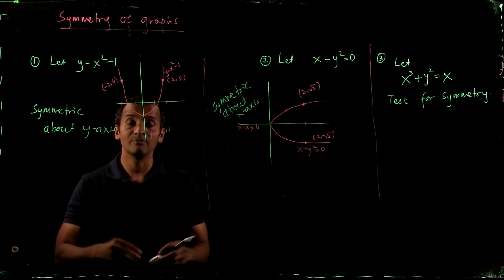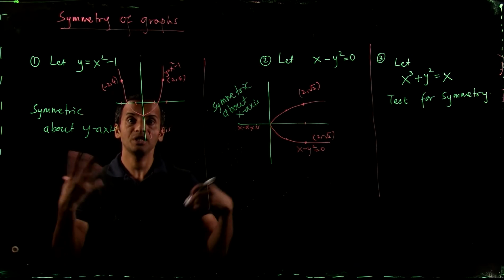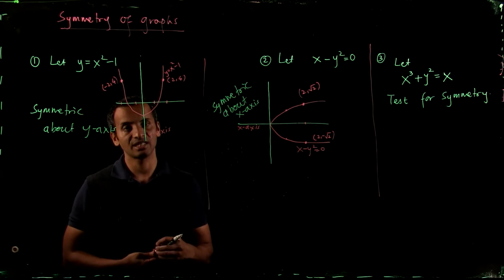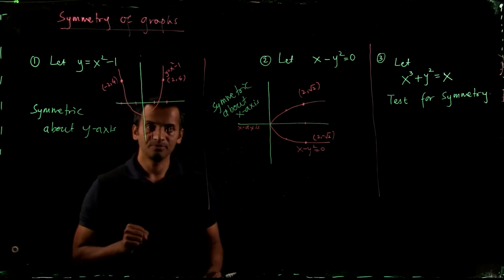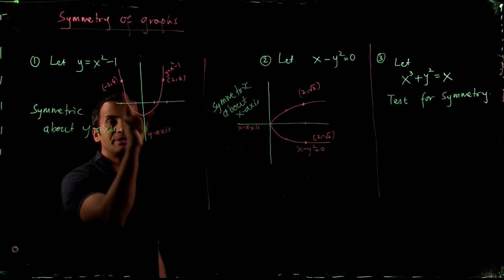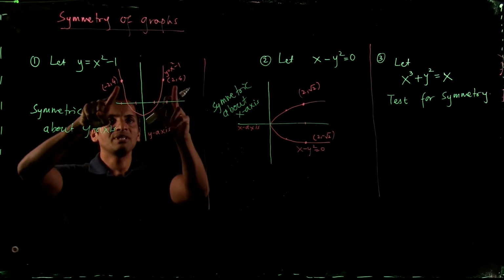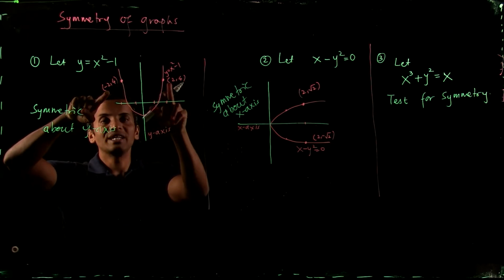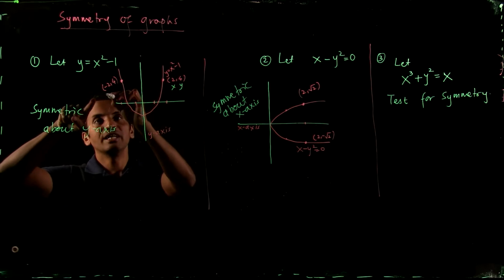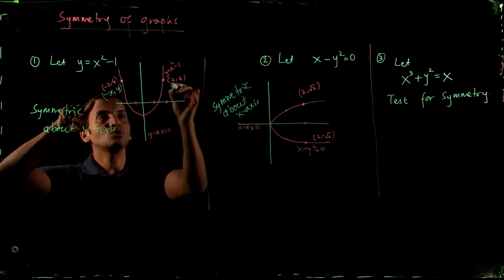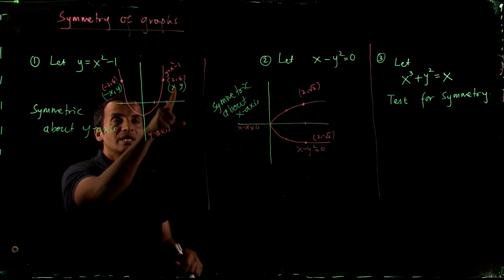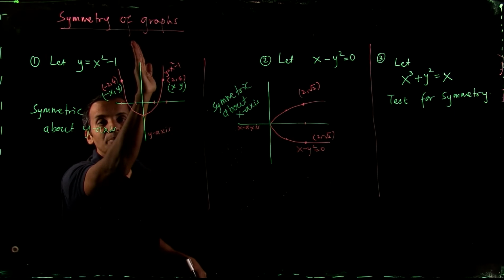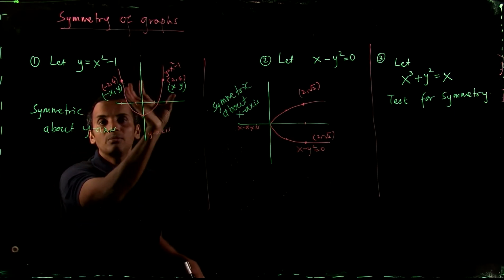If the graph is given, you can see whether it is symmetric about the x-axis or y-axis. But sometimes an equation will be given to you. How do we determine from a given equation whether the graph of that equation is symmetric about the x-axis or y-axis? You can see here that this graph is symmetric about the y-axis, right? When the graph is symmetric about the y-axis, the points (x, y) and (negative x, y) belong to the same graph. For example, this point is (2, 4), and the other point, its mirror image, is (negative 2, 4). Both belong to the same